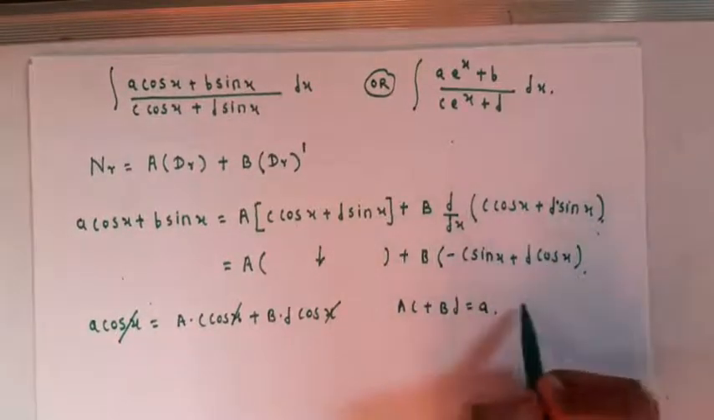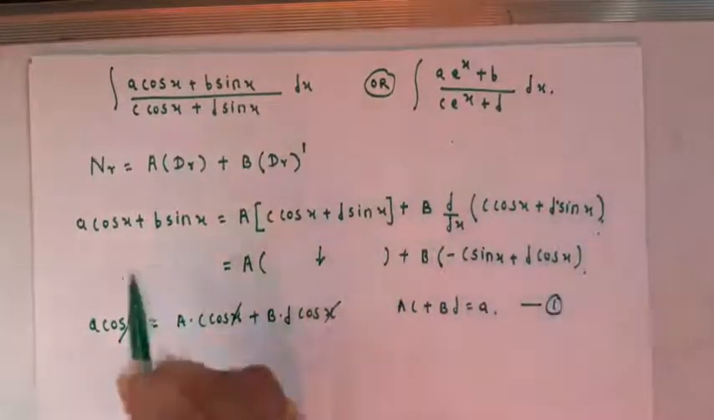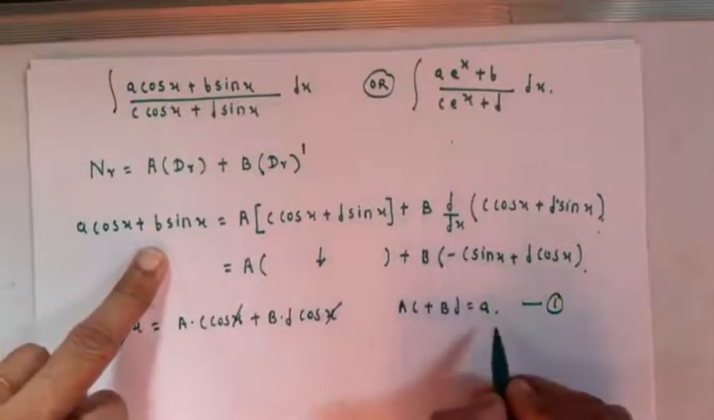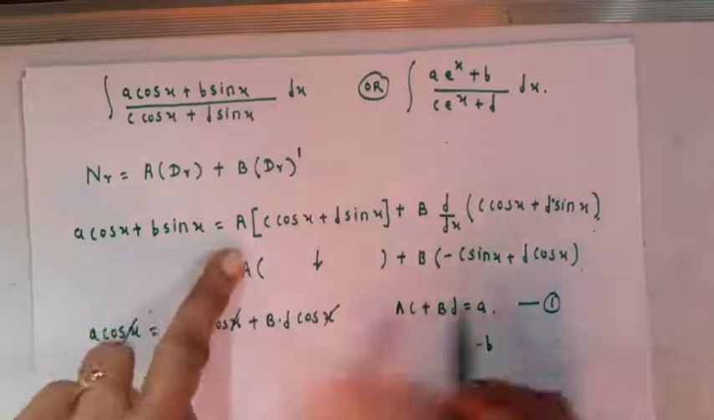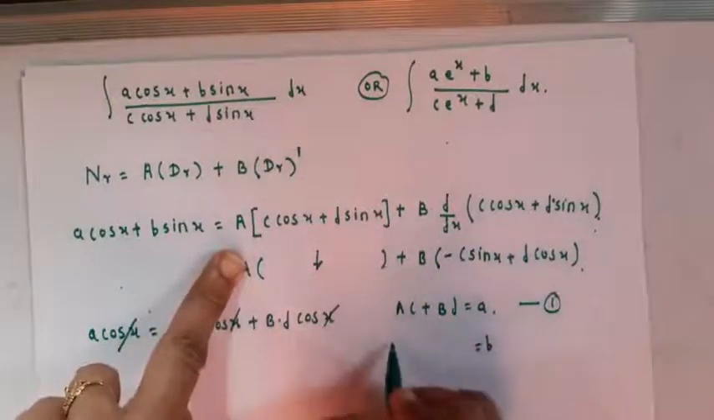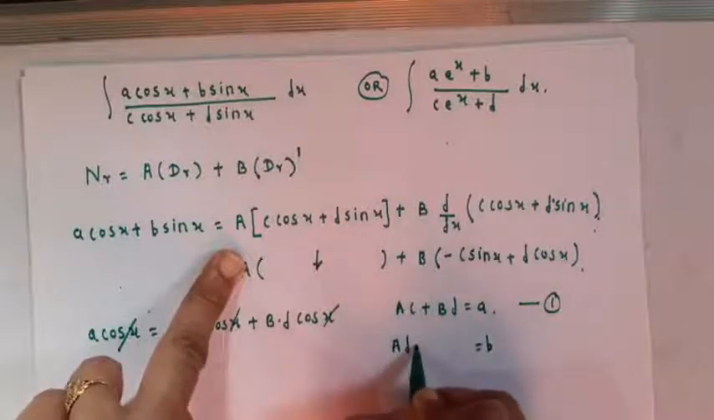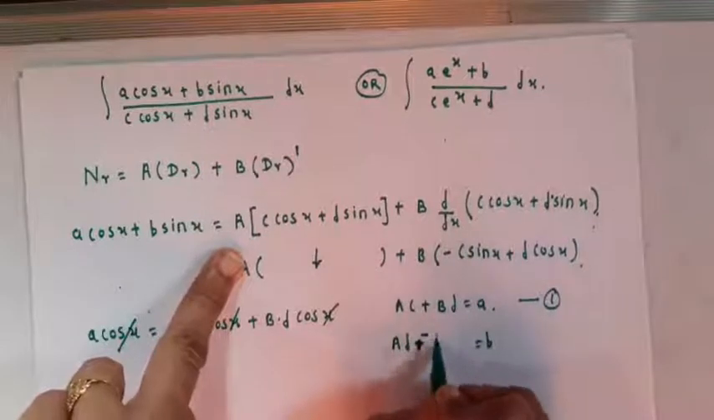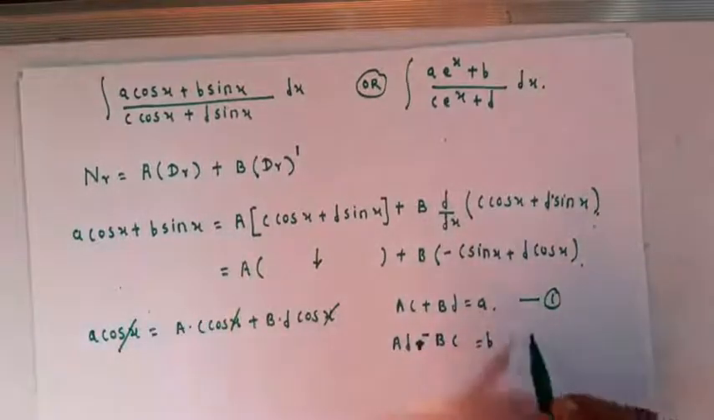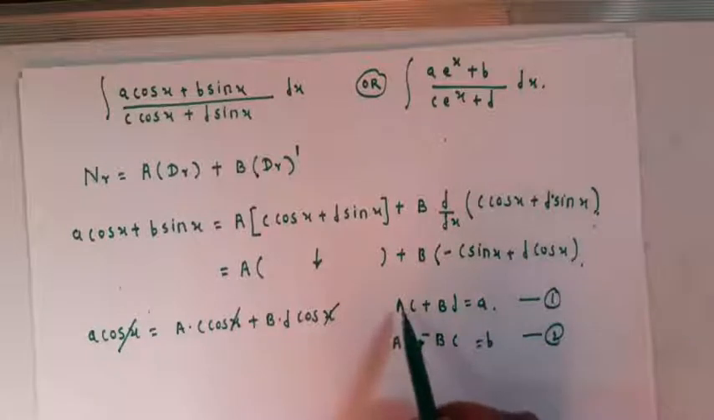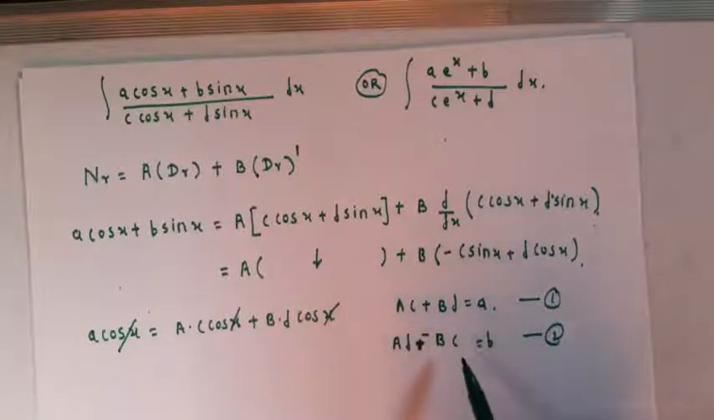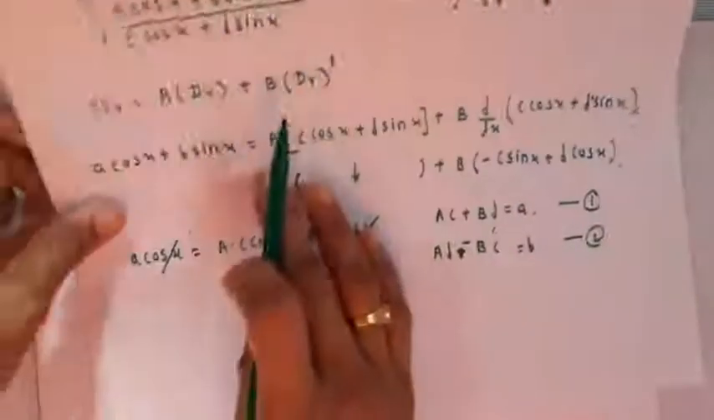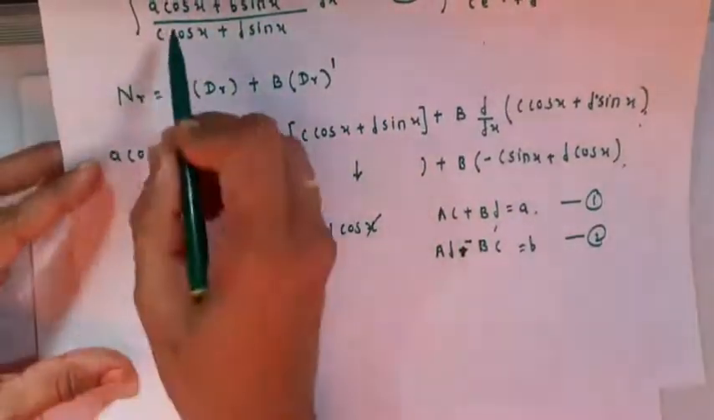In this way we will get the linear equation. Again compare the coefficient of sin x, we will get b equal to the coefficient of sin x, that is ad sin x plus minus, that is minus bc. And now these are the simultaneous equations in a and b. Solve the equations, you will get the value of a and b, and then the integrand we can write,